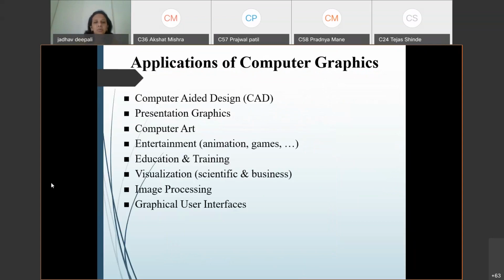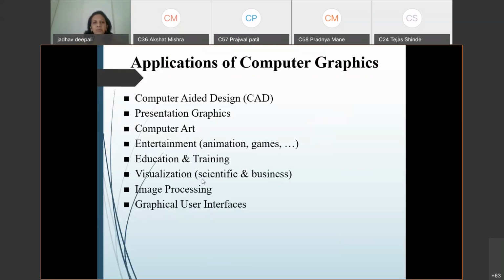The first one is computer aided design, CAD, then presentation graphics, computer art, entertainment, education and training. We use computer graphics for visualization, scientific and business purposes, image processing, and graphical user interface.